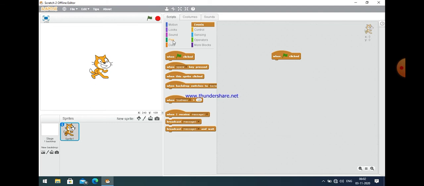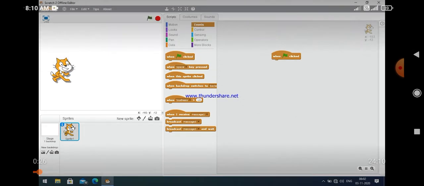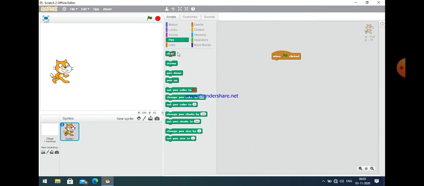Then related to pen, if you want to draw any shape, we use the pen category. In the pen category, the most important command is clear, which basically clears all the designs that were previously made.